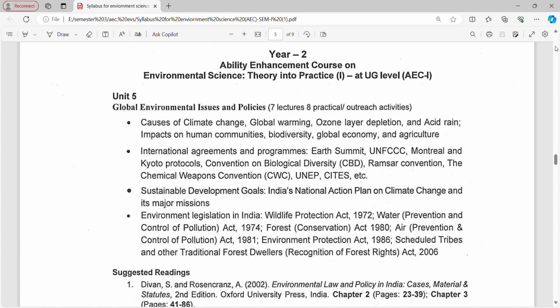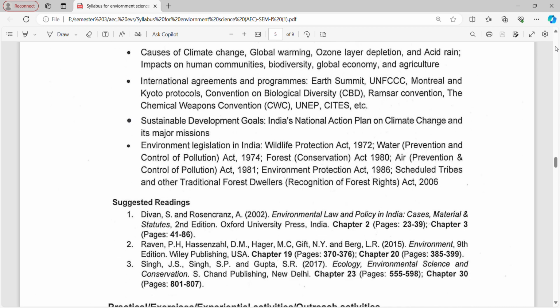Here you'll study the causes of climate change, global warming, ozone layer depletion, acid rain, impacts on human communities, biodiversity, global economy and agriculture. Then international agreements and programs like Earth Summit, UNFCCC, Montreal and Kyoto Protocol, Convention on Biological Diversity, Ramsar Convention, the Chemical Weapons Convention, UNEP, CITES, etc. Then Sustainable Development Goals, India's National Action Plan on Climate Change and its Major Missions, Environmental Legislation in